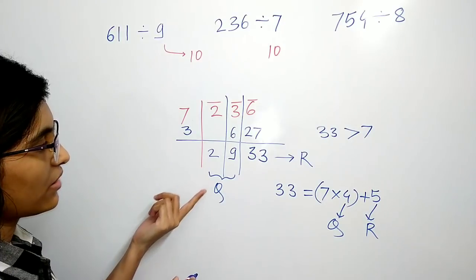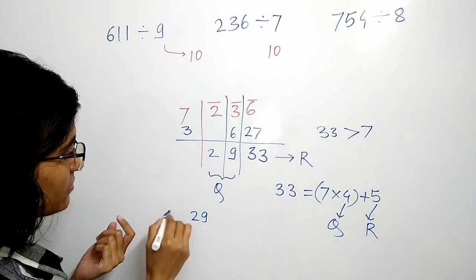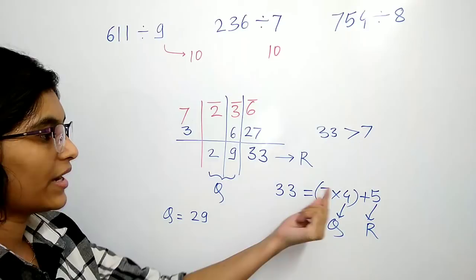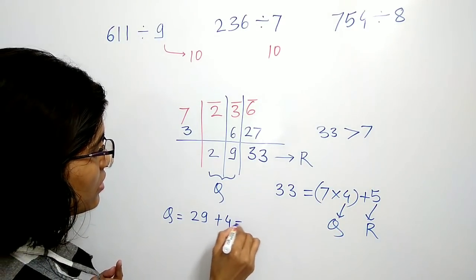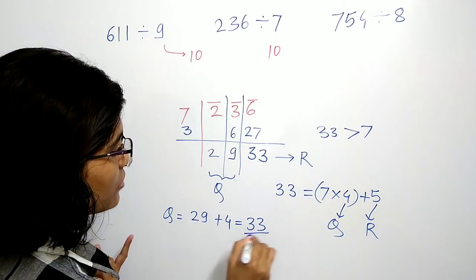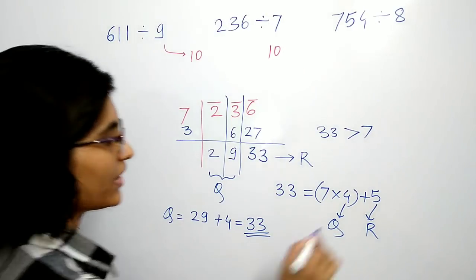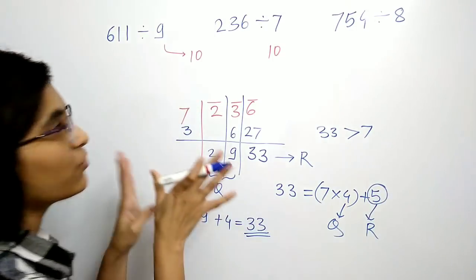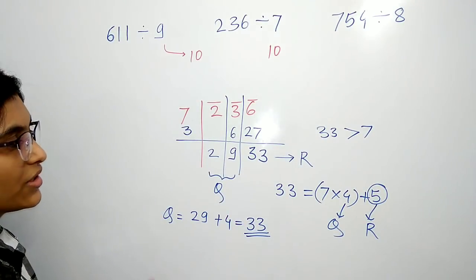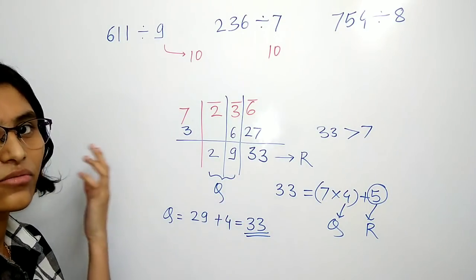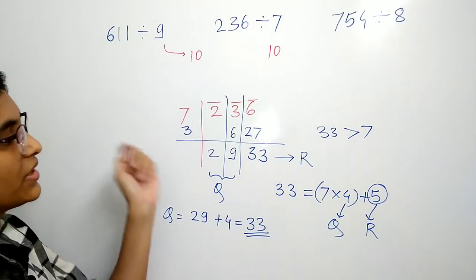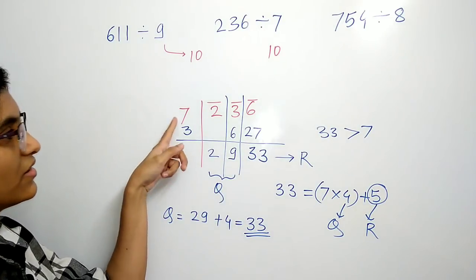Now previously we had the quotient as 29. Now we have this 4 here. So you just add this 4. So 33 is our final quotient and 5 is the remainder for this case. Here is an important note. In the previous case, the remainder was less than or equal to 9, right? But here we have a remainder greater than this 7, right?